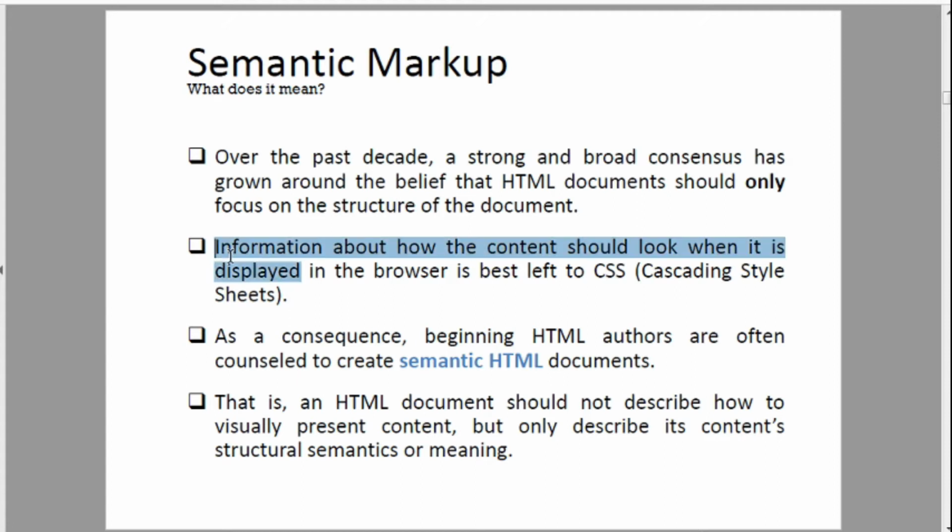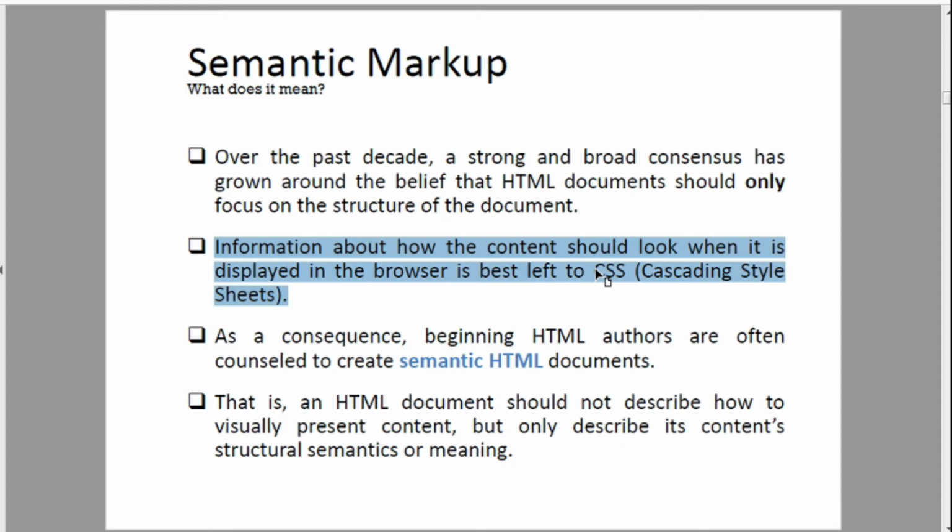Second point: information about how the content should look when it is displayed in the browser is best left to CSS, that is, cascading style sheets. We'll be studying CSS in this module later on. CSS will tell us how differently we can visualize our HTML elements.